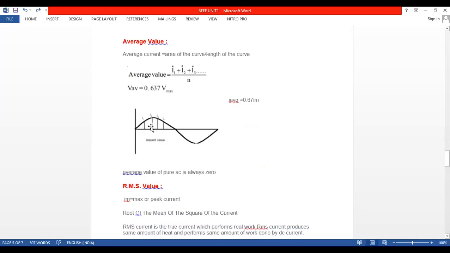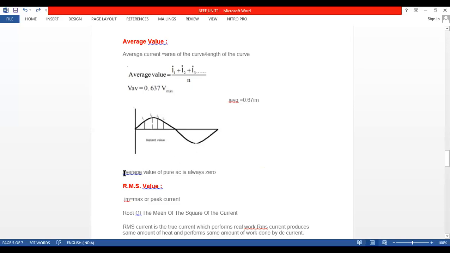See, this is the positive half cycle and the negative half cycle. What is the total average? Positive is plus sign, negative is minus sign. Plus minus, what will happen? Let us say this is plus 5 volts, and this is minus 5. You just add, anyone tell me? Add plus 5 and minus 5. What is it? 0. Very good.